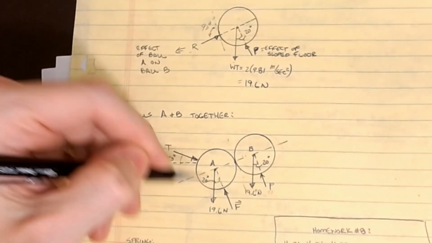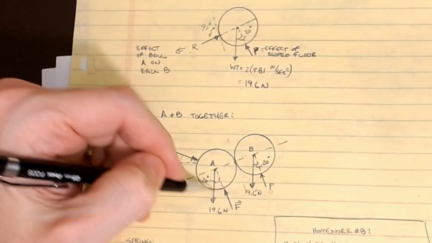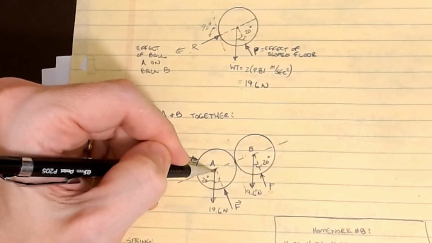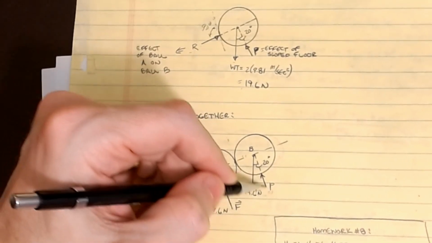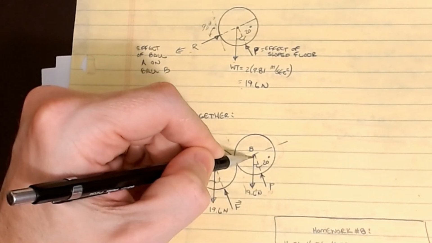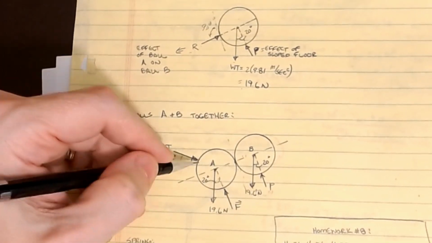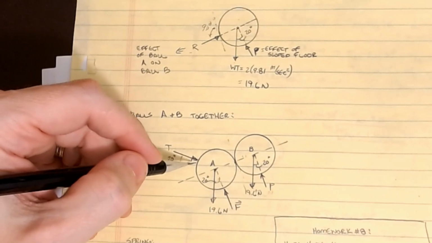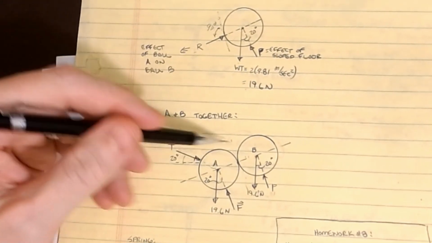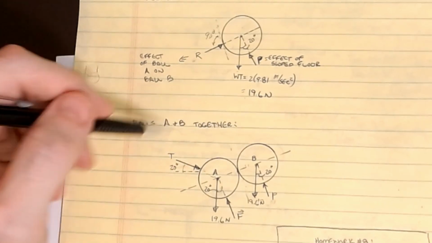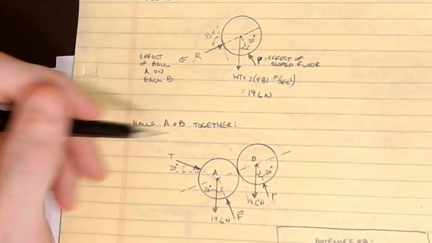The weight of A, 19.6. The weight of B, 19.6. The floor force for A, pointing back at A, is here inclined at 20 degrees. The floor force P, pointing back at the center of B, 20 degrees. And then the top force from the upper ramp at an angle of 20 off the horizontal, pointing back at A. And that would be the nature of how you could draw a free body diagram for that particular object,